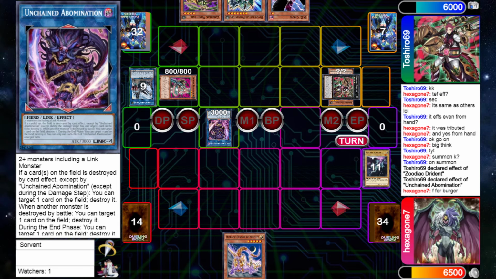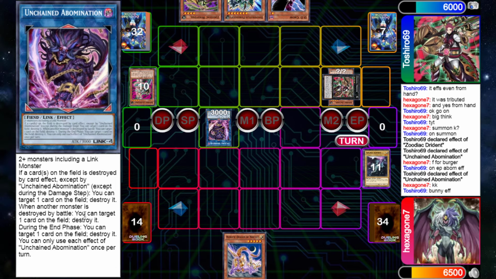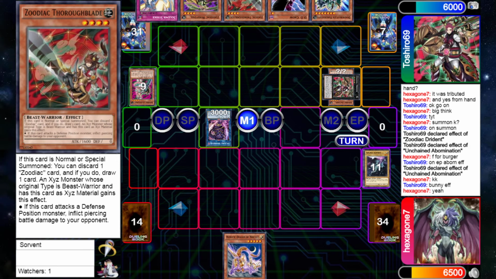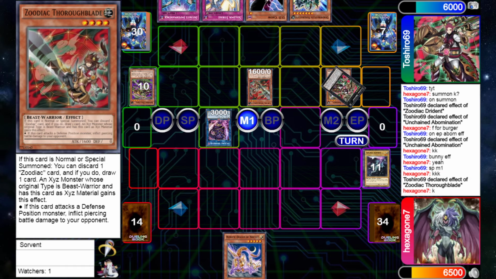So he's pretty much left with no resources. He has to pass his turn. Abomination's going to trigger in the end phase to destroy a card on the field, which will destroy the Bunny Blast, and then the Bunny Blast can trigger and add Thoroughblade back to the hand. He draws for turn, drawing into Solemn Strike, and at this point, Thoroughblade's going to come down, discarding the Whiptail,